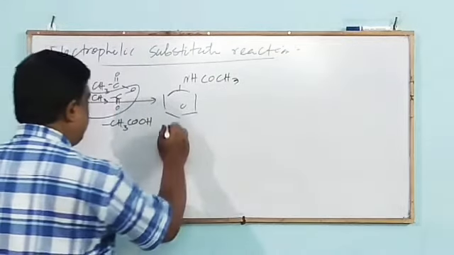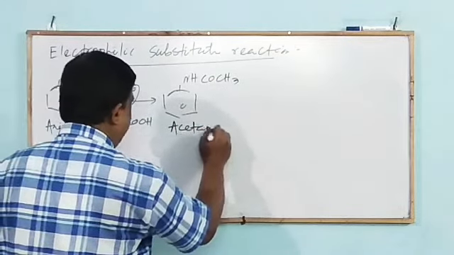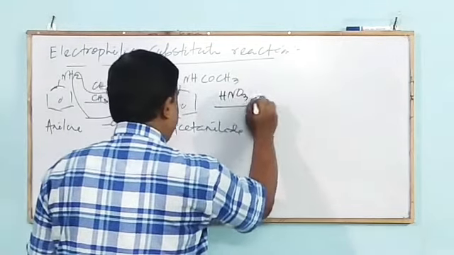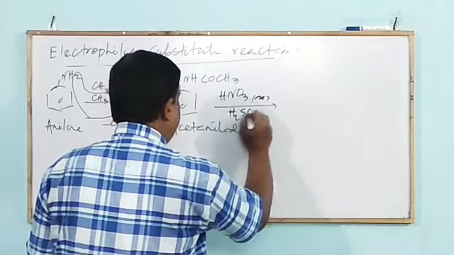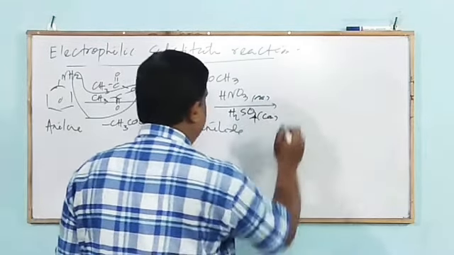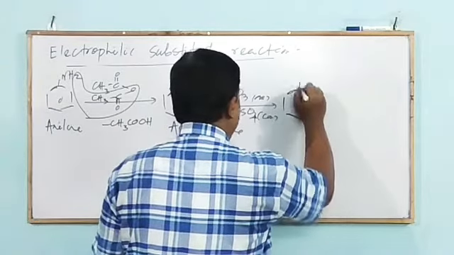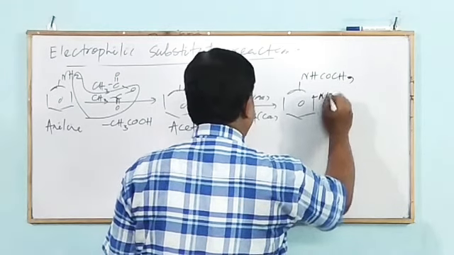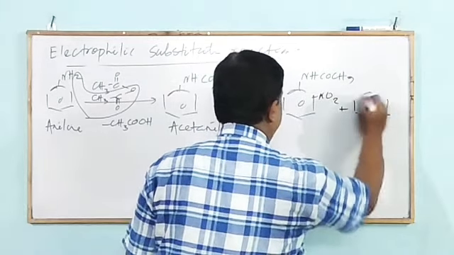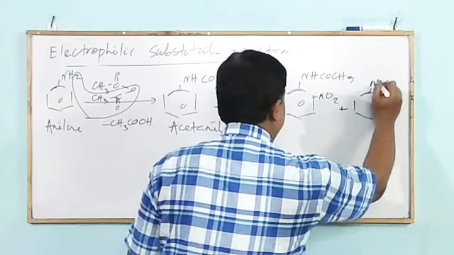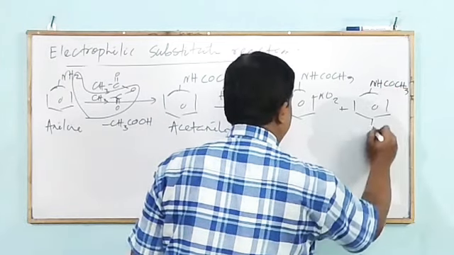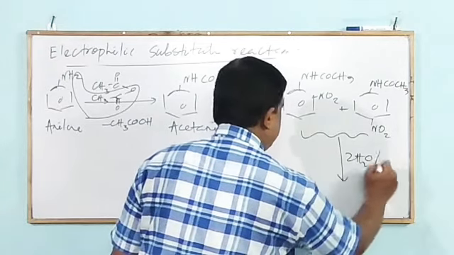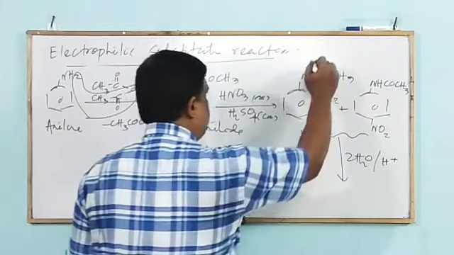N-phenyl acetamide, or acetanilide, then reacts with concentrated HNO3 in the presence of concentrated H2SO4 to form a mixture of the ortho isomer plus the para isomer. Then this mixture is followed by hydrolysis in the presence of mineral acid, HOH,